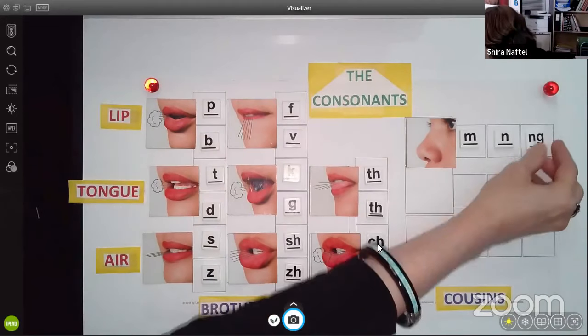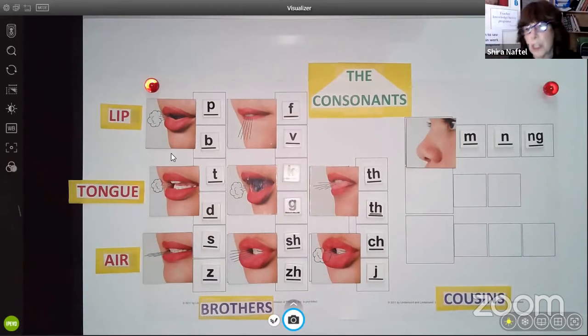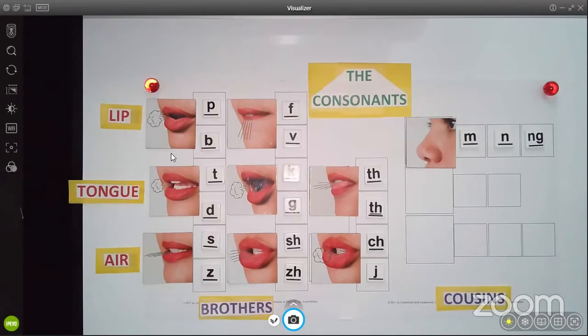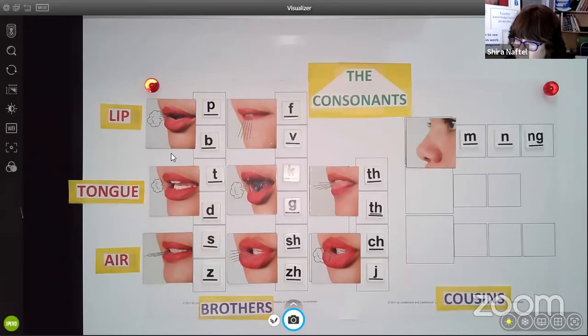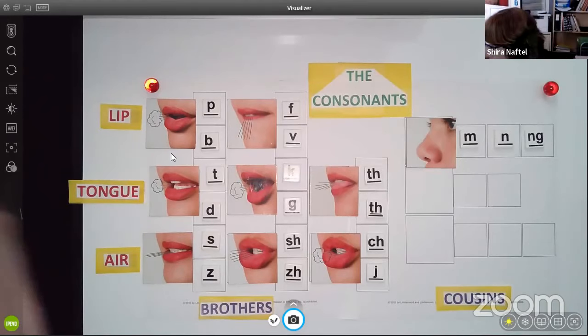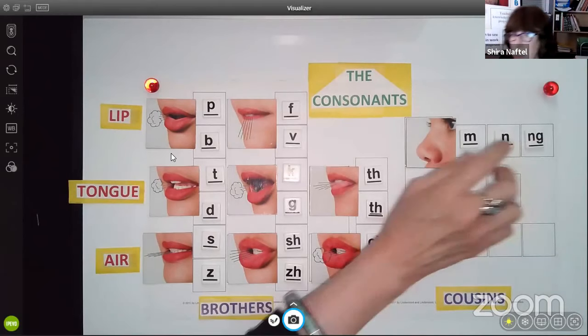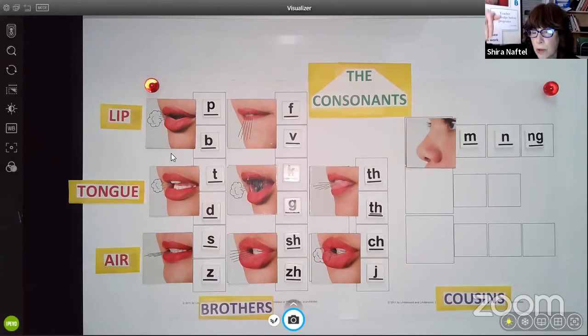Okay, so now I'm going to share, and I don't want you to be nervous about this because I know some people get a little nervous. Look, do you see what the picture for the sound is? Okay, it has a G, but we don't pronounce that G. It's just to differentiate this from this. So the G is added and it reminds us to hold our tongue up in the back. Like when we make a scraper, our tongue is up in the back and it comes down. This reminds us that it's also working in the back of your mouth.